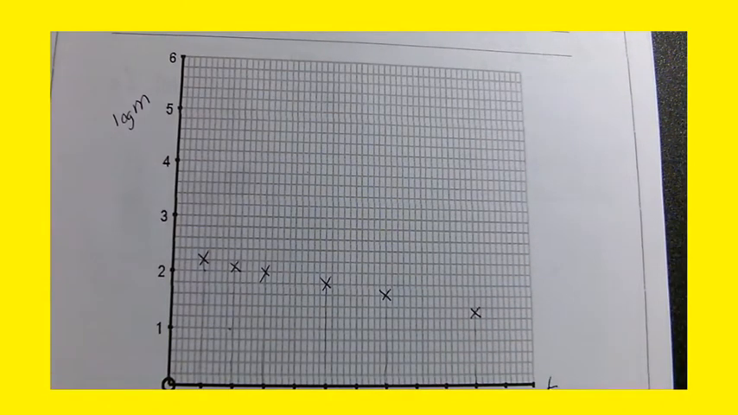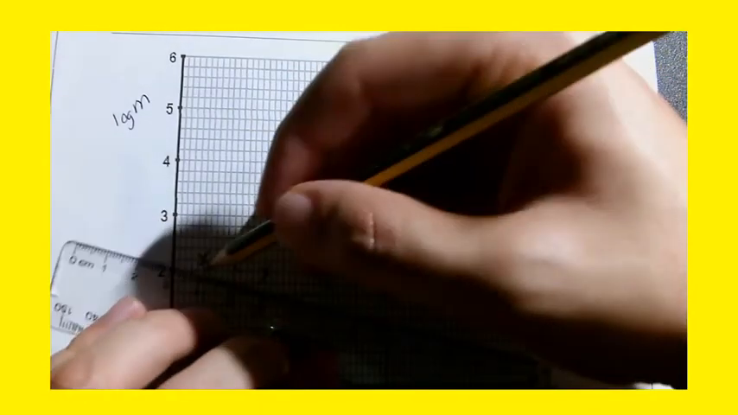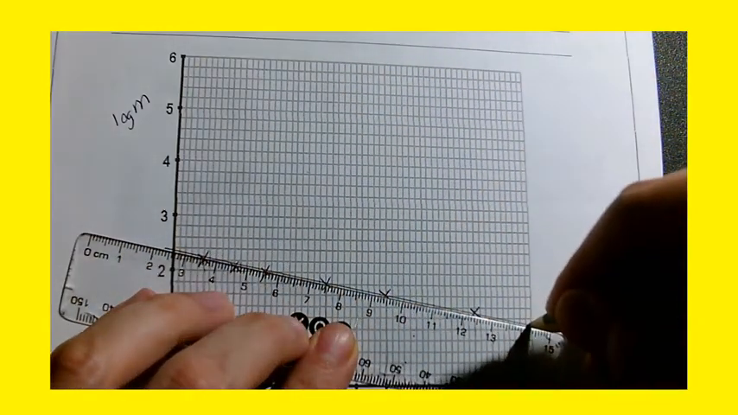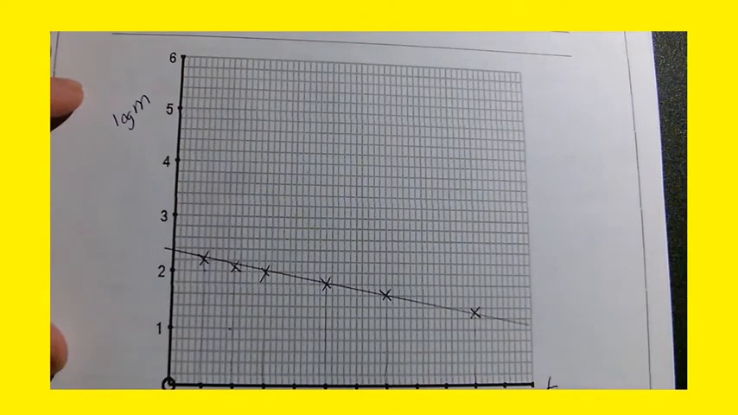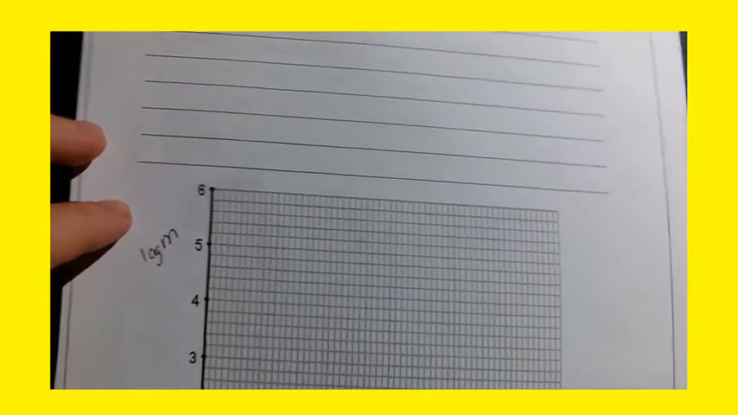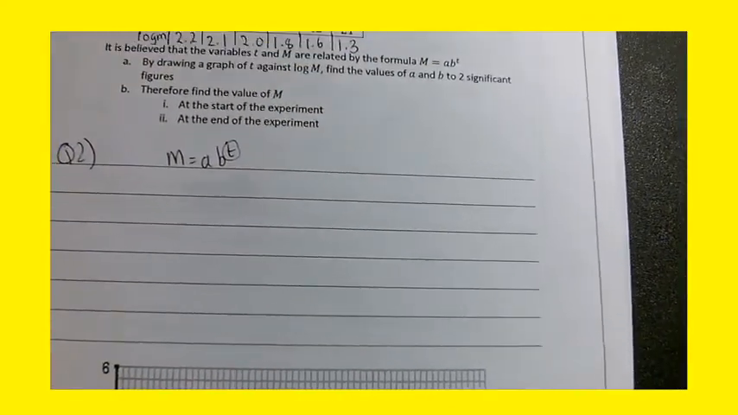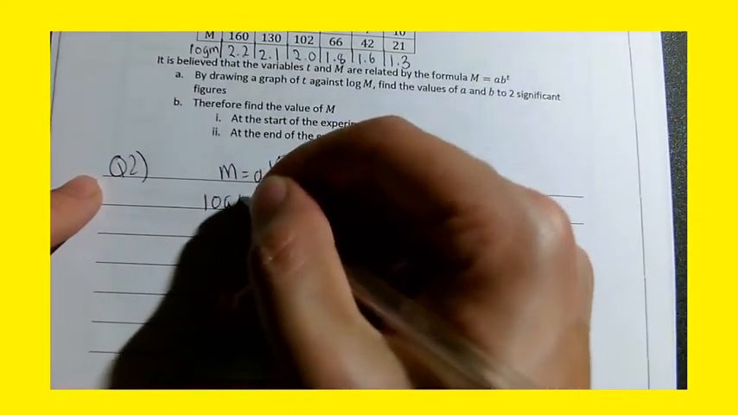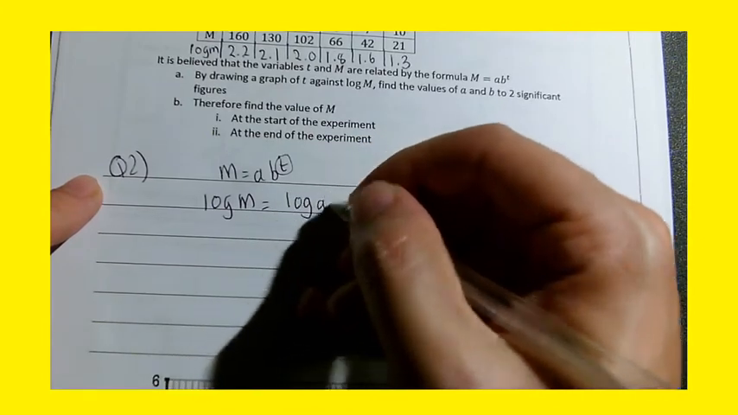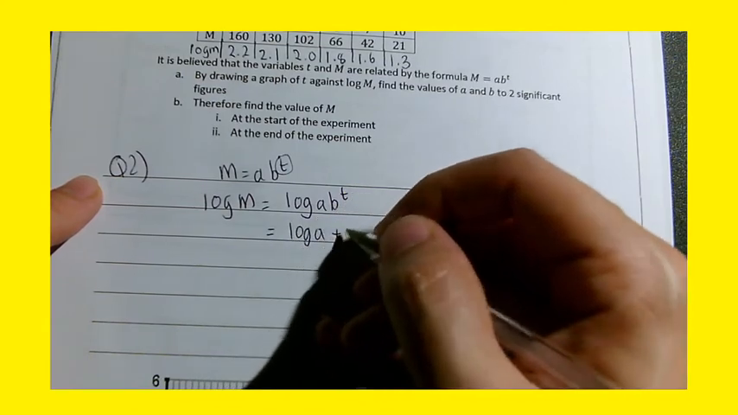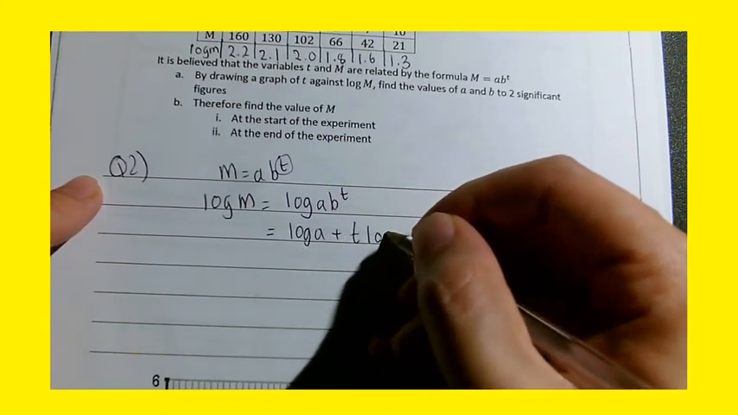Okay, so I've drawn the graph of t against log m. Now I just need to do a line of best fit through them. So let's just think about the reasoning behind this. Remember, we want an exponential form here. So if I apply logs, the graph is being linearized. So log m equals log ab to the t. I'm going to get log a plus t log b,